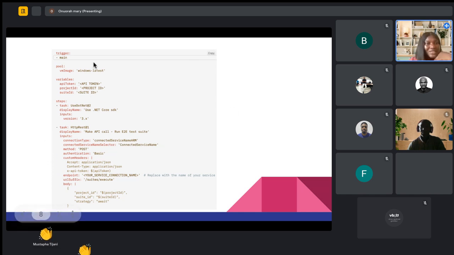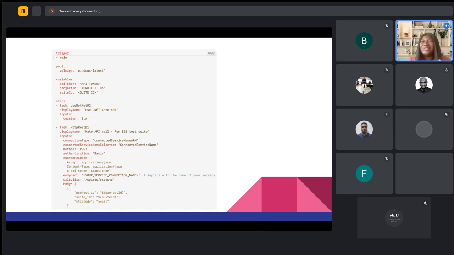But if you go to their documentation, you can see more of that. And they actually support a lot of other tools, not just Azure DevOps. They have support for Jenkins, CircleCI, GitLab CI, GitHub Actions, and whatnot.